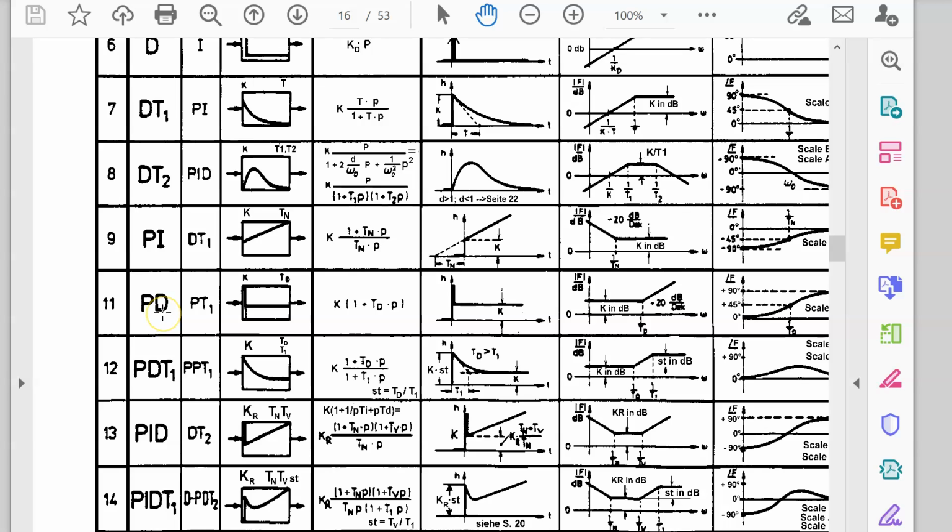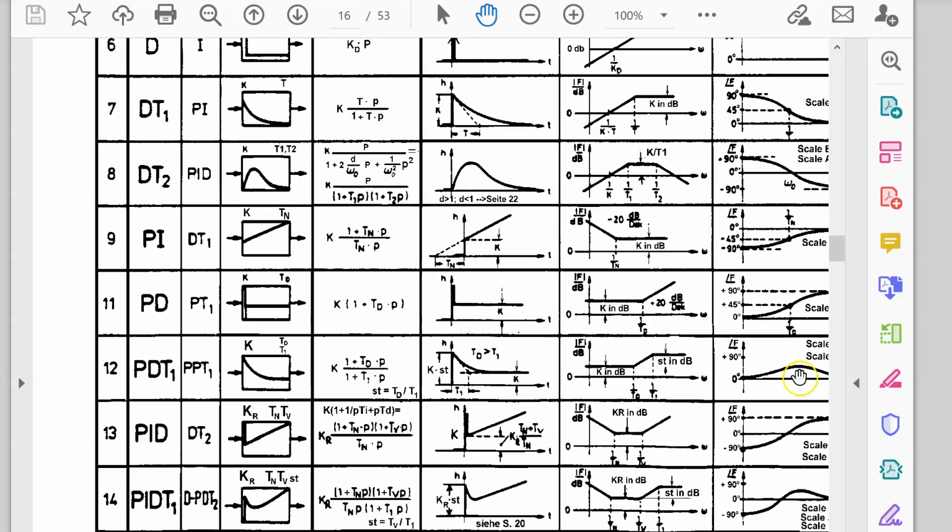If you realize a PD, you always get a PDT1. So I think it is much better to look at whether a PDT1 can accelerate my process. PDT1, here you can see, is this transfer function. We have a region with positive phase,